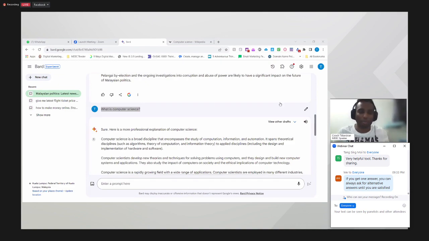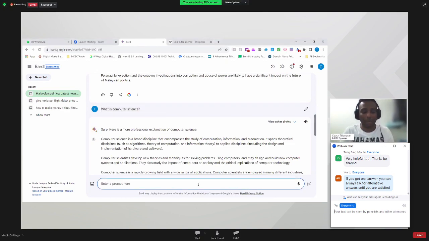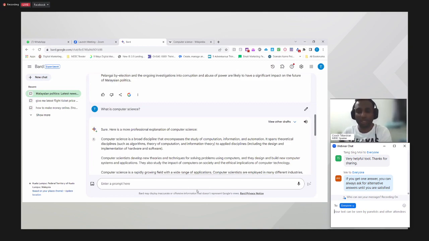The moment that, wow, I didn't know that we can do this with Google Bard. Because every time people look at ChatGPT, they type their question, get the answer, copy paste, or just take the outline and then do something. Here we can do a lot of things, wonders, okay?